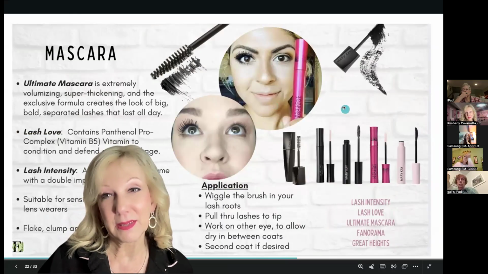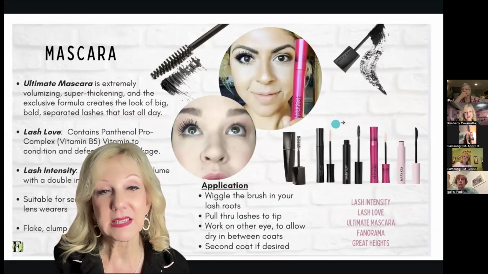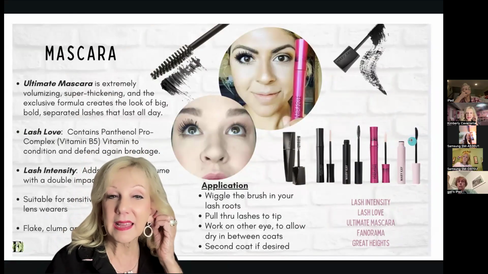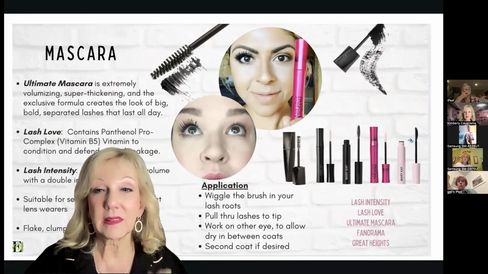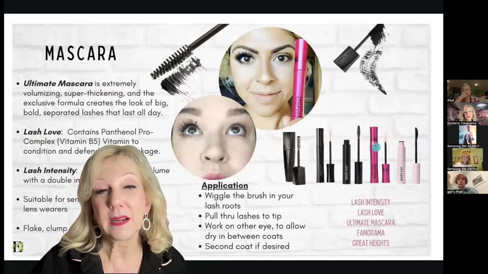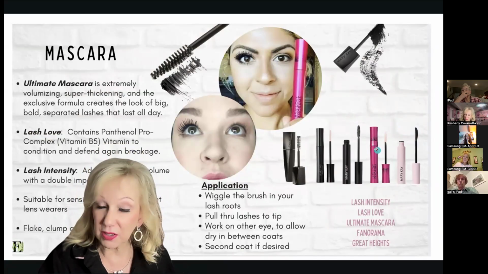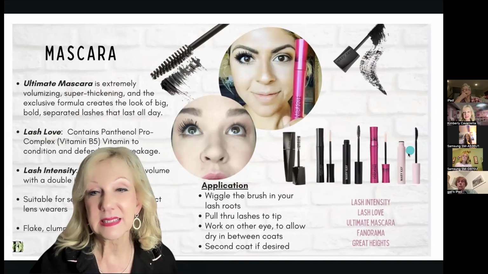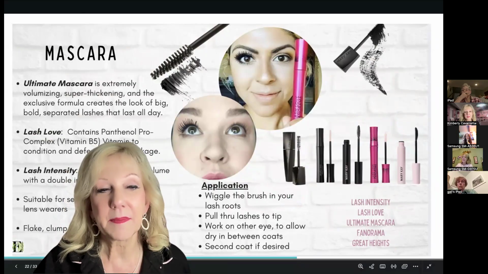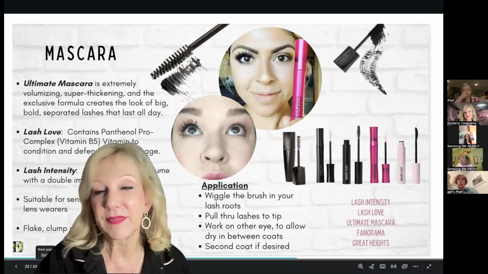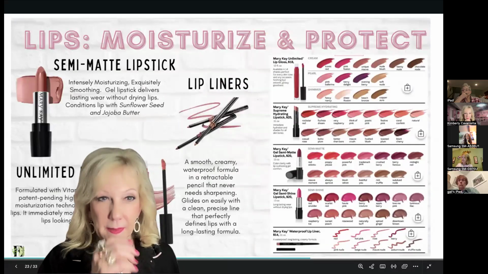Mascara, we've got 1,000,001 mascaras. No, we have 5, but this is my favorite right here, and it's the Great Heights mascara. And it adds up to 73% more length to your lashes. This one here is also one of my favorite, and that adds up to 200 times more volume. So thickness, and this is length. And then this is date night. So you just kind of have to try them. And everything again is satisfaction guarantee. So if you don't like it, you can always exchange it for another one.